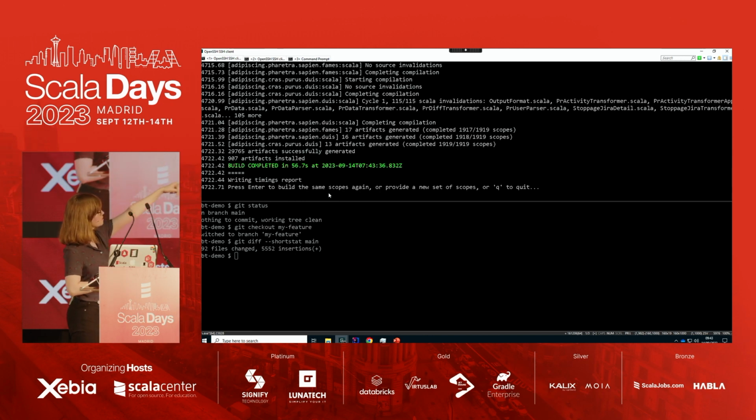We've noticed the files that were invalidated. This is code about Git things. And we've completed our compilation and generated our artifacts in the 3 scopes that needed recompilation. So build completed in less than a minute. So 2,000 scopes, 22 million lines of code, and we're done in less than a minute.